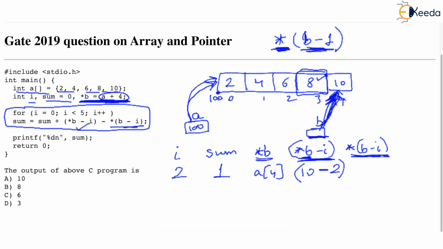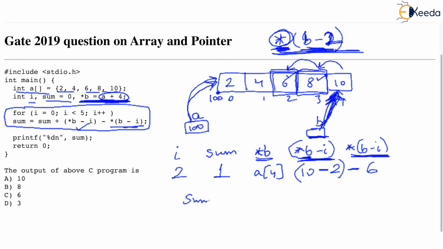And the second quantity, again, you note this. Now we are doing b minus 2, because I is 2. B minus I means b minus 2. So b minus 2 means 2 integers back. We are subtracting 2 from a pointer, and it is an integer pointer. So we are then checking the address of the previous to previous element, and we get the address of the 6, and we are asking for the value. So this value is going to be 6, and we are subtracting this.